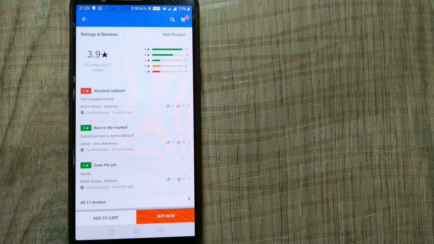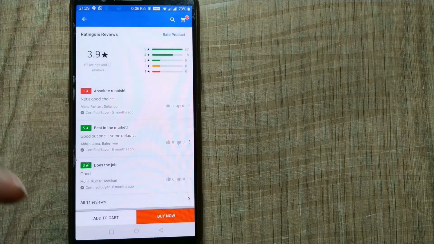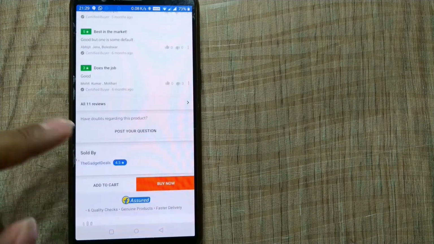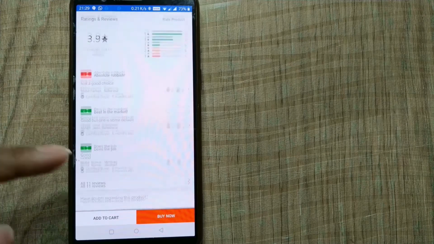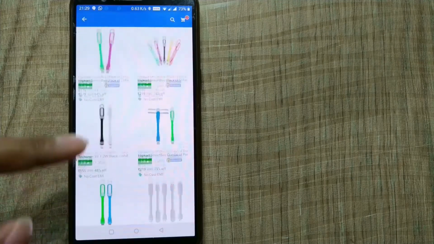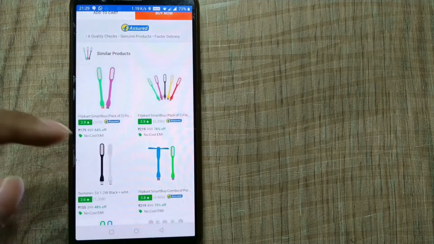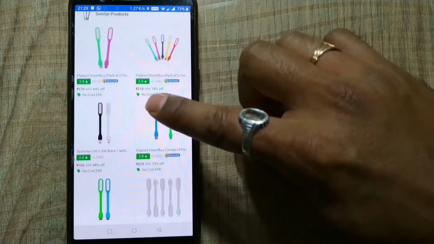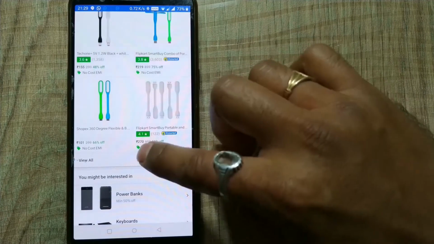You can see the reviews also, like these are all useful reviews which are populating here on the front, like not a good choice, okay, good, but one is some default, good. Most of the reviews are good. There would be some bad reviews, but you have to see the overall reviews to buy a product. So I'm happy, for example, with that. Or else another technique is, you can see the similar products as well. A lot of products with similar listing or almost same listing will be coming here. So it actually narrows down your search in this page.